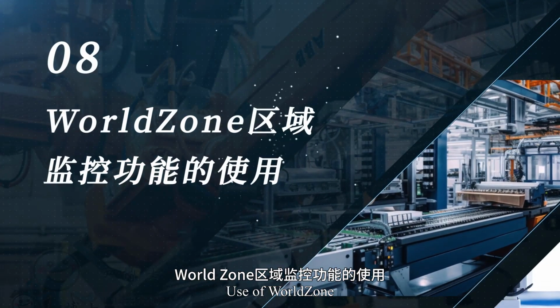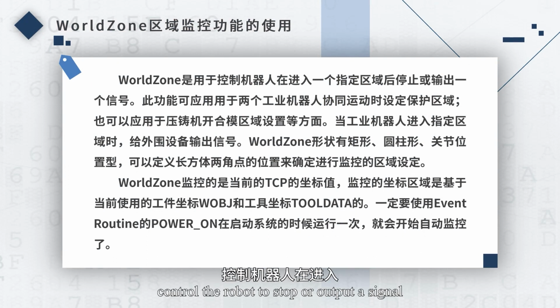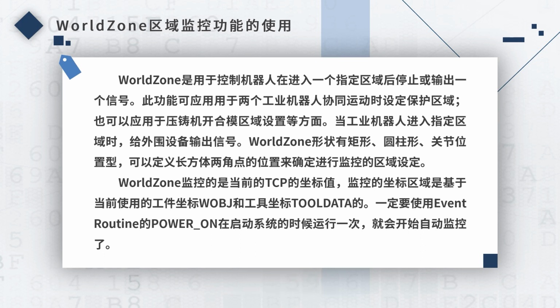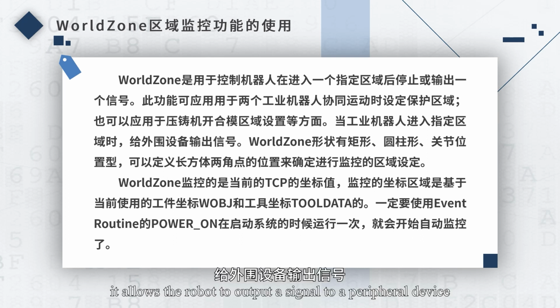Use of World Zone. World Zone is used to control the robot to stop or output a signal when it enters a specified area. This function can be used to set protection zones. When two industrial robots are moving together, it can also be used to set zones for opening and closing modes in die casting machines. When an industrial robot enters a designated zone, it allows the robot to output a signal